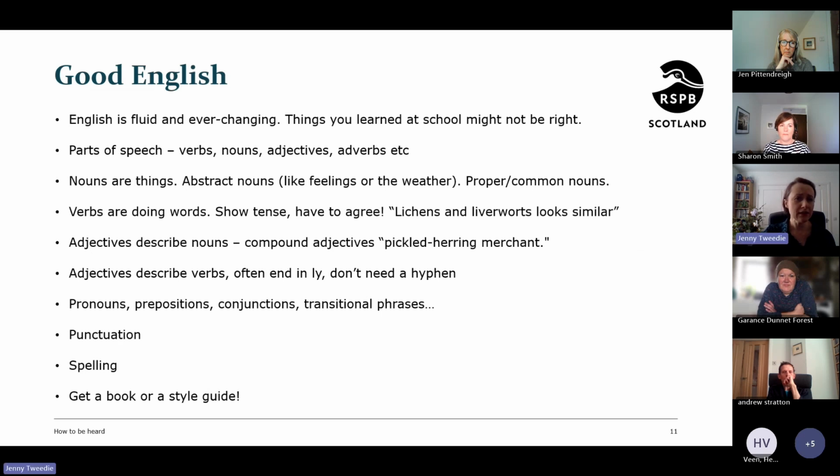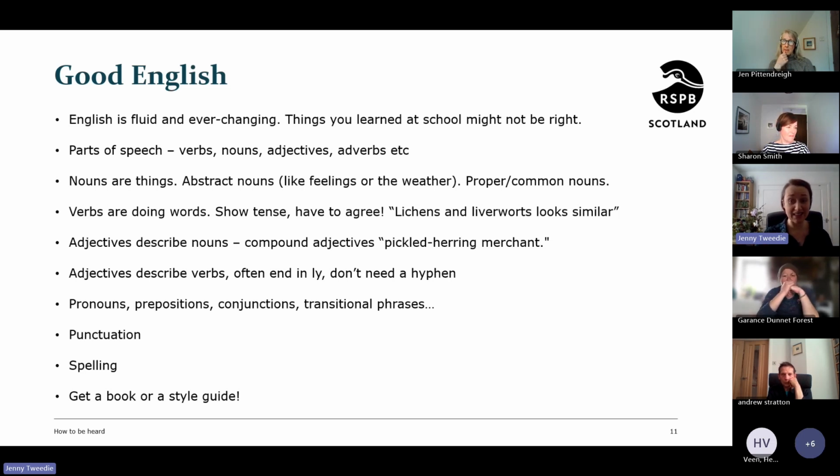English is, as I said, changing all the time. There are certain rules like "I before E, except after C" that we learned, which turn out to be not true as you get older. So it's important not to cling to things that you may have learned a long time ago. And if somebody says, well, actually, things have changed and moved on a bit, then try to move with the times. I don't want to go through all of what are called the parts of speech, which are all the things like verbs and nouns and adjectives, etc.